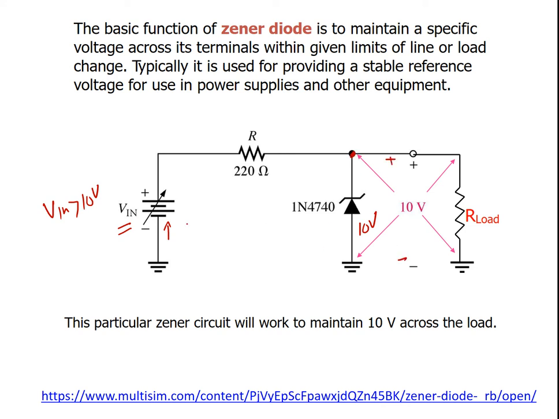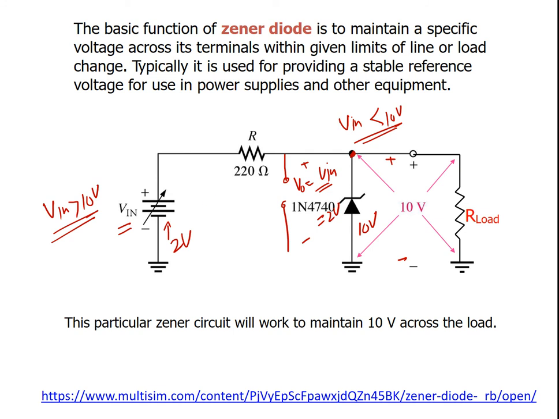Before that, this diode will be an open circuit, so the output voltage will be equal to the input voltage, as long as the input voltage is less than the avalanche breakdown voltage, for example 10 volt here. So whatever the input, for example 2 volt, you will get 2 volt at the output. Once it crosses the breakdown voltage level, after that we will get a constant voltage drop here.